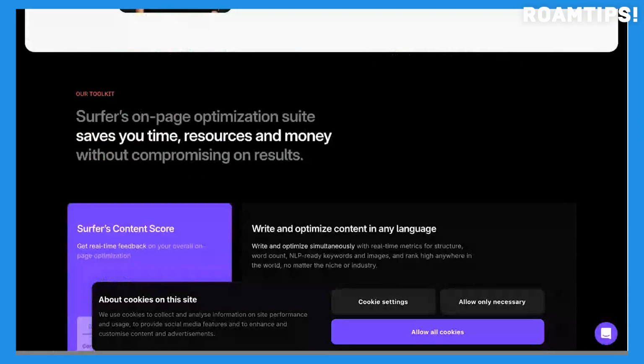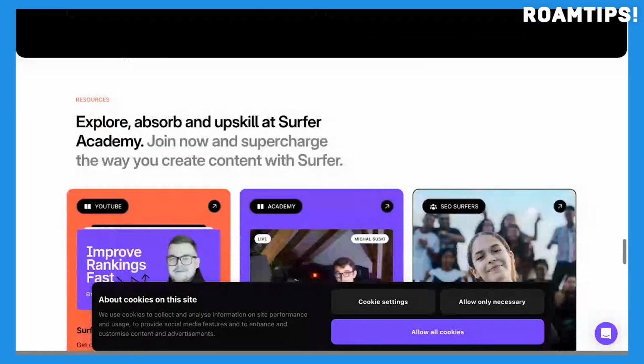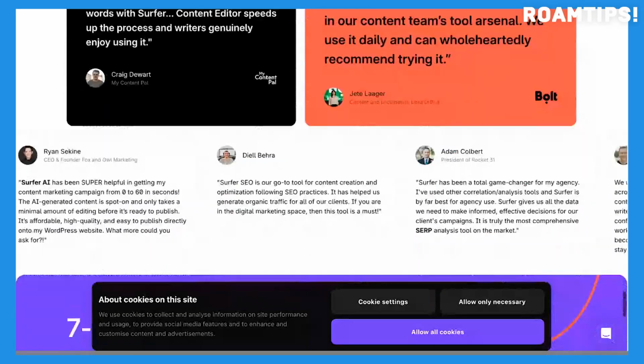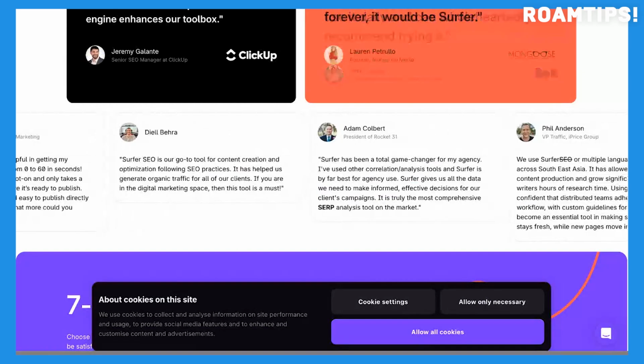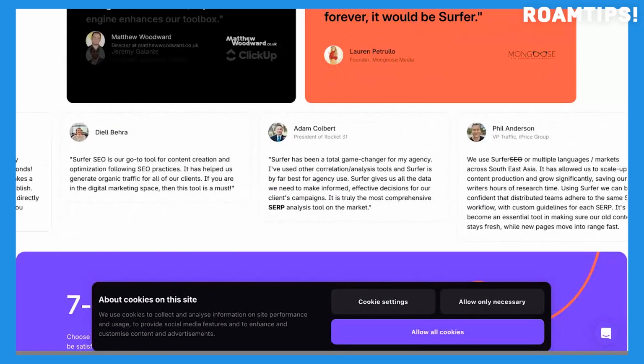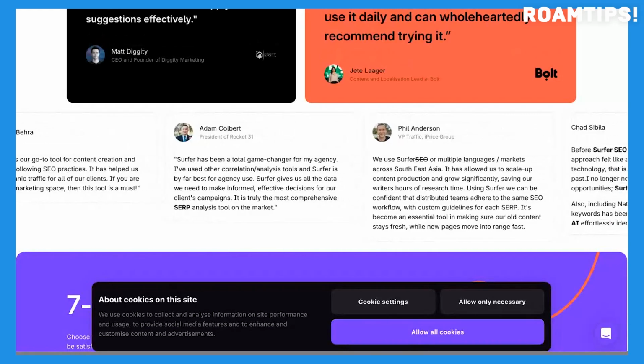Today, we're diving into Surfer SEO, found at surferseo.com. This platform offers a suite of tools designed to boost your website's search engine optimization, SEO. Essentially, Surfer SEO helps you craft content that's optimized for specific keywords, increasing your chances of ranking higher in search